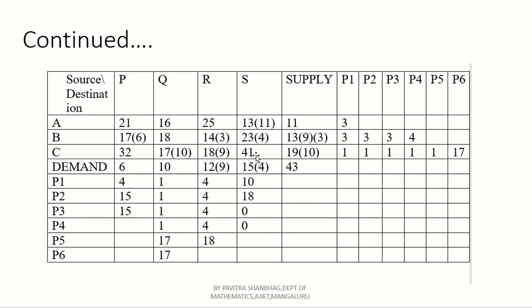Now here out of 15 we have removed 11 already, here 4 remains, right? But here what remains? 13 remains. What is the smallest, 4 or 13? So 4 is the smallest. So assign that to the least value from this particular column. Here 23 and 41, out of this 23 is the least value. So we have to assign this 4 to this particular value.